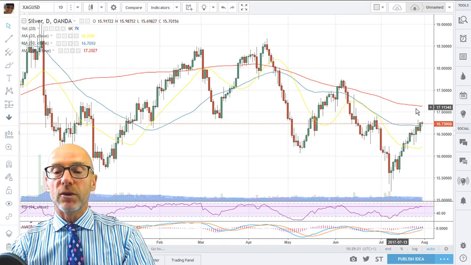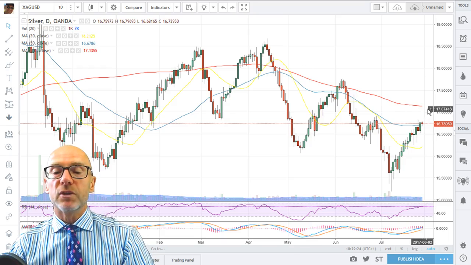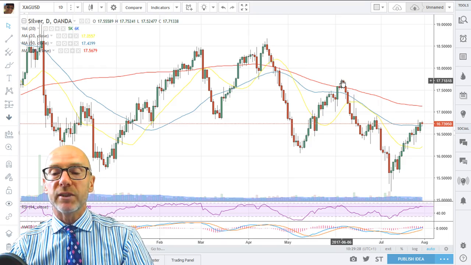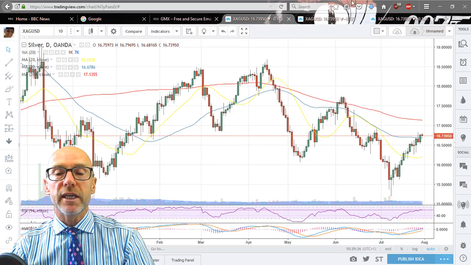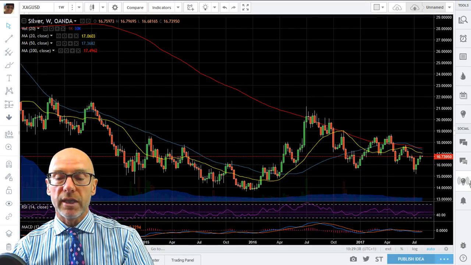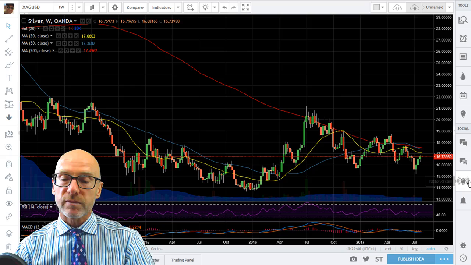signify the upper boundary of the downtrend, but to really break above to the upside, we do need to break the high of the 6th of June, which is round about 17.73. However, if you look at the longer term picture, and here we have the daily chart, you can see